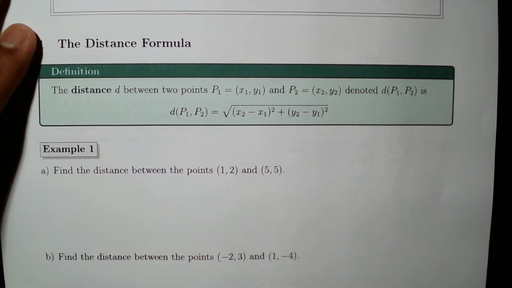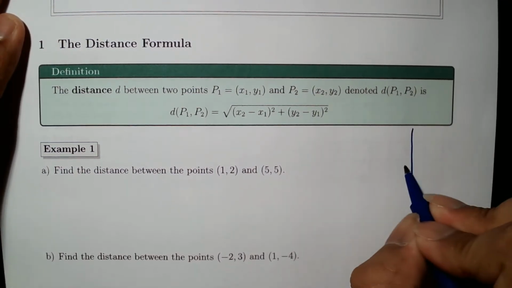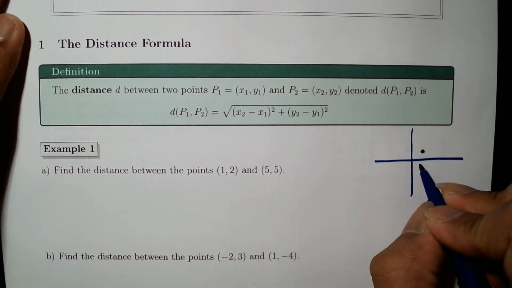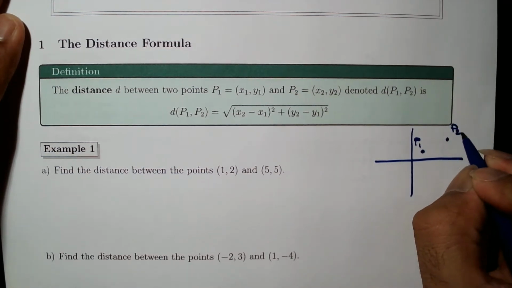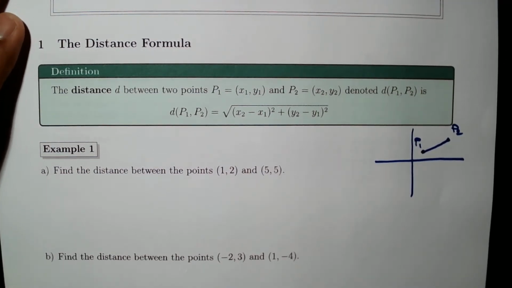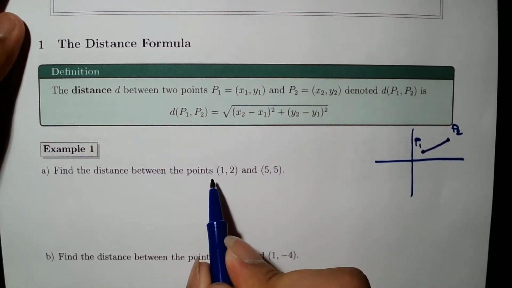So essentially what we do is, in the Cartesian plane, given some point P1 and another point P2, measure that distance between the 2 points. Alright, so let's do an example to find the distance between the points 1 comma 2 and